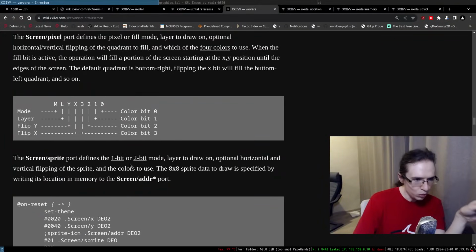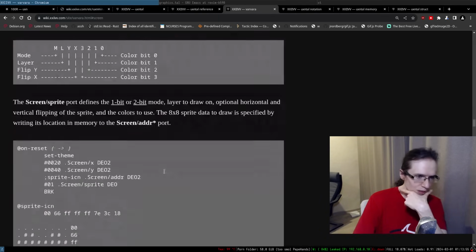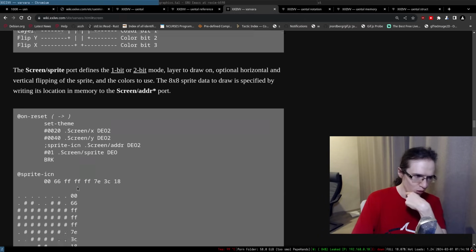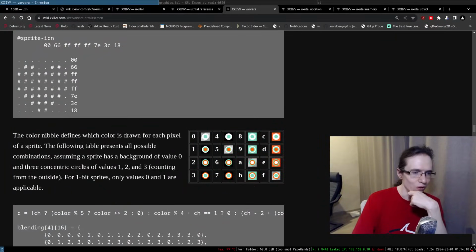It defines 1-bit or 2-bit mode, the layer to draw on, optional horizontal or vertical flip on the sprite, and the colors to use. The 8x8 sprite data to draw is specified by writing its location in memory. Okay. We already kind of know that. So we specified X and Y, we provided the address, and we set 1, and we already know how to do that. So the color nibble defines which color is to draw for each pixel.